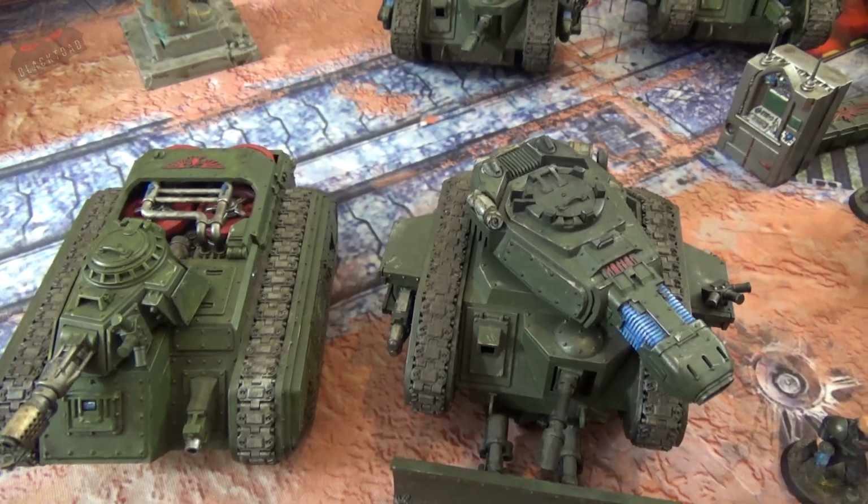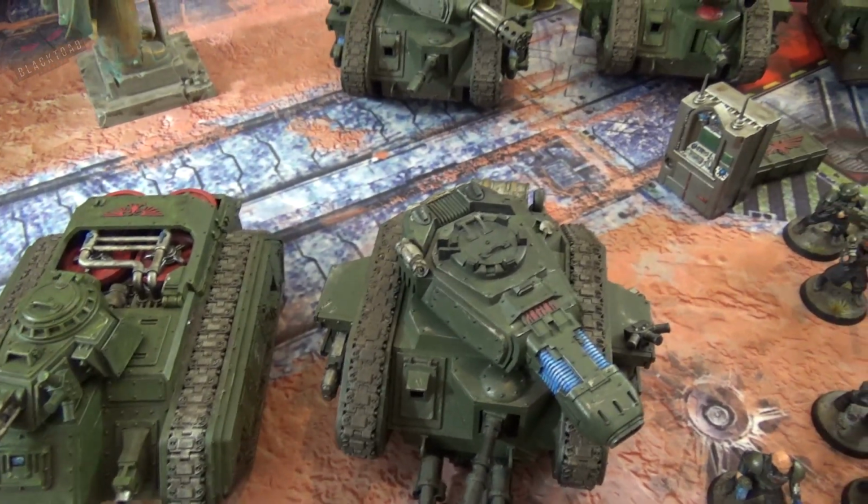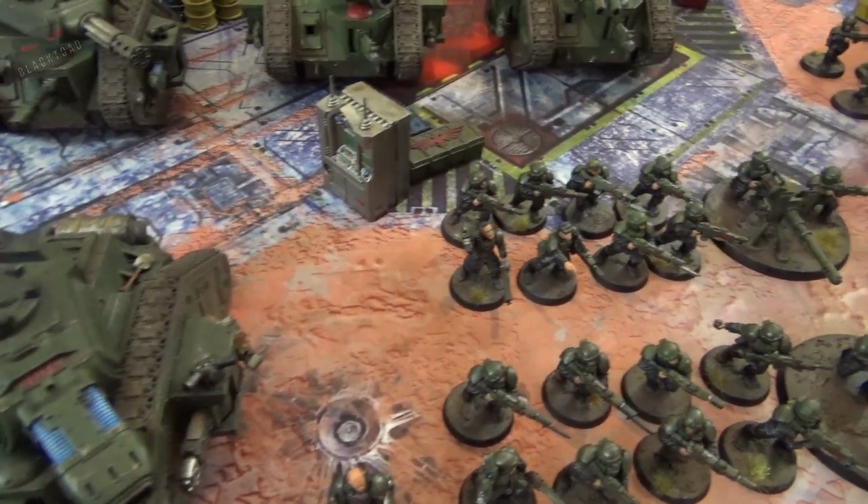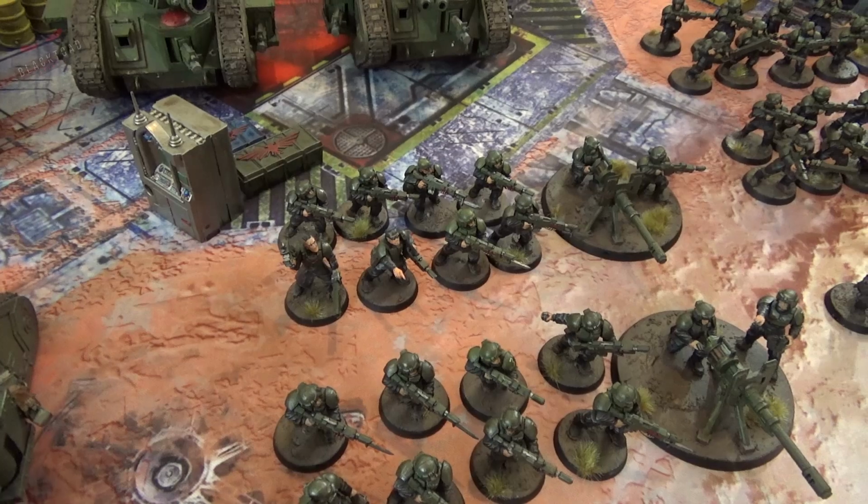It's Tom from BlackToad Studios, and here we've got my 1850 points of Astra Militarum, or of course you know them as the Imperial Guard. We've got 2 detachments, we've got Brigade, and...